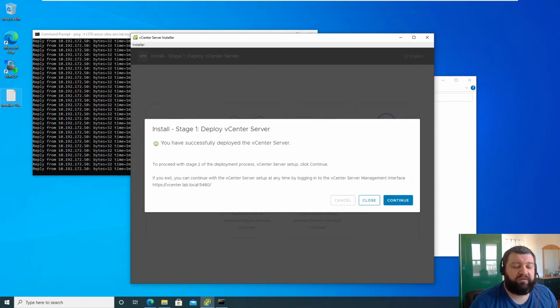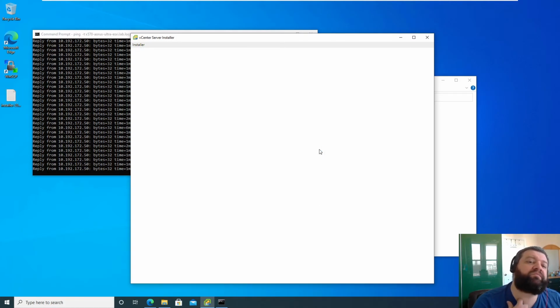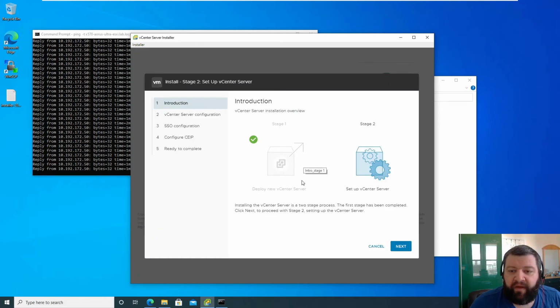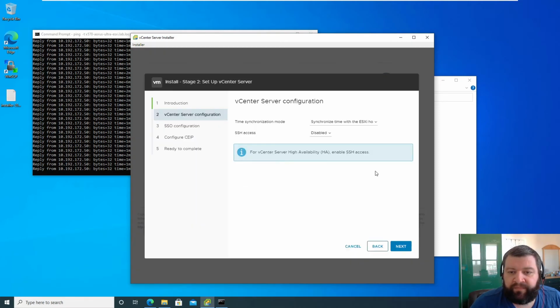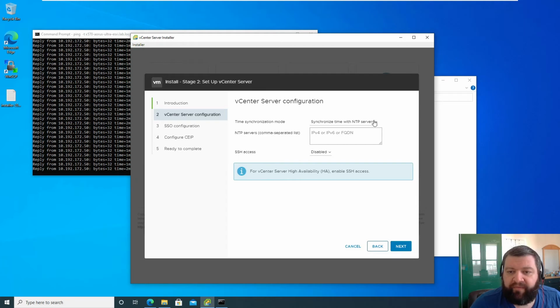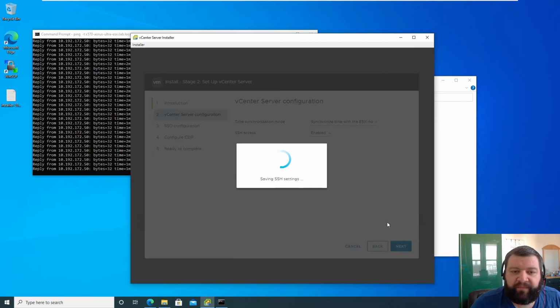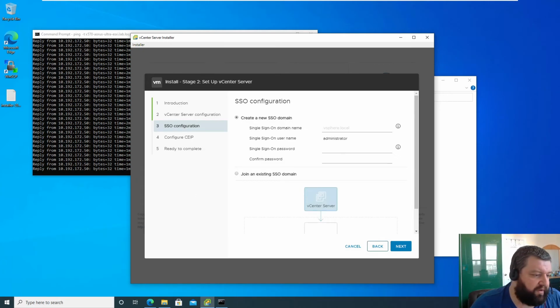Okay, so this time there was no problem during the stage 1 deployment, so we can go ahead and proceed to stage 2. And stage 2 setup. vCenter configuration. Sync time with ESXi hosts. I'll be using NTP servers later. Yeah, I'll put those in later. So we'll enable SSH access. Single sign-on. So that's going to be